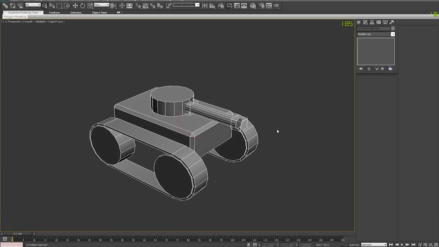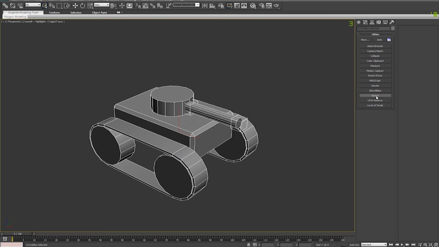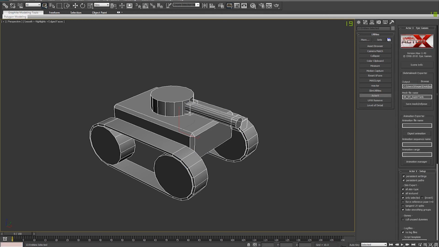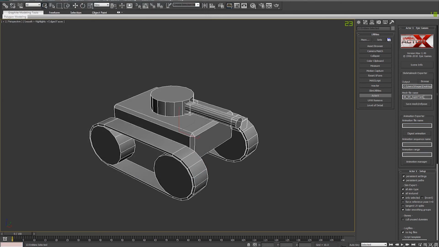Now I'm going to do it from Actor X as well, just so I can show you how to do that. So under Utilities, if you haven't added it already, once you load your script up, you have to create a new button and then add Actor X to it. I've already done it, so I'm not going to add a second one. So Actor X, and we're going to set up our path where it's going to export. So use path. Select the name. I have it as sk_vh_supertank,